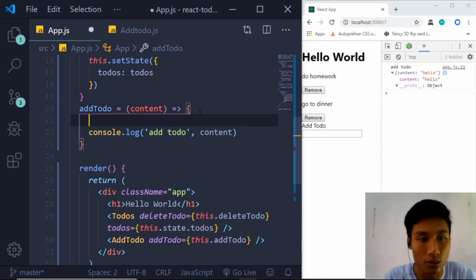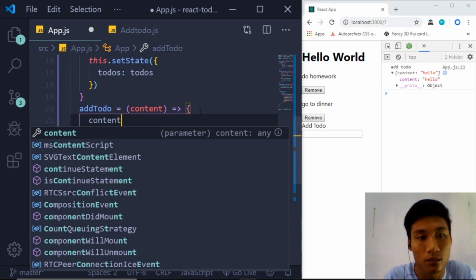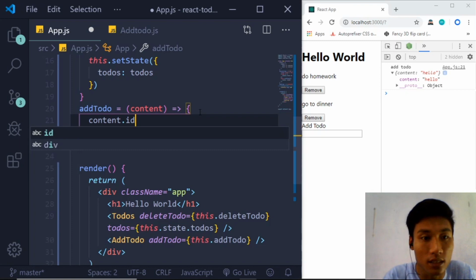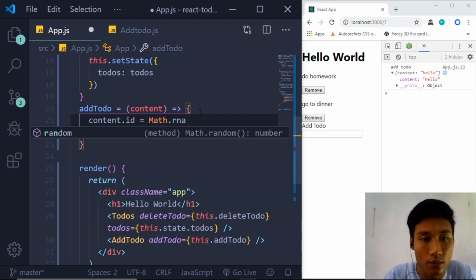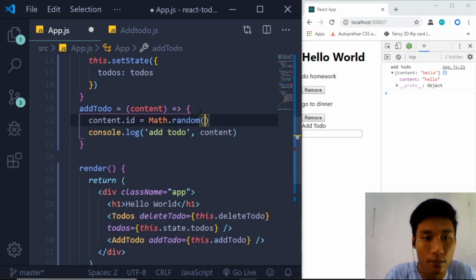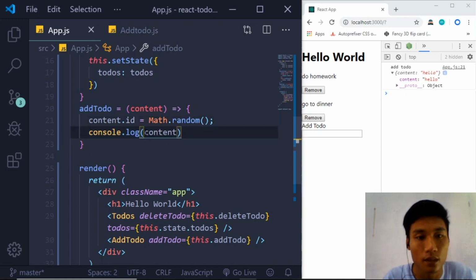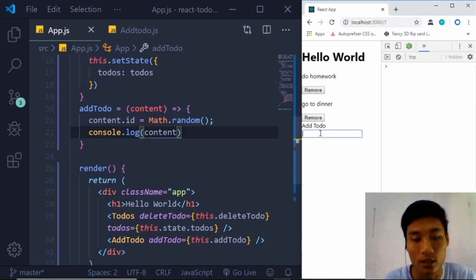So let's do that. content.id equals Math.random, which is a function. So let's console.log the content. Save. Alright, now when I type in something like hello and hit enter, we have content and we have the